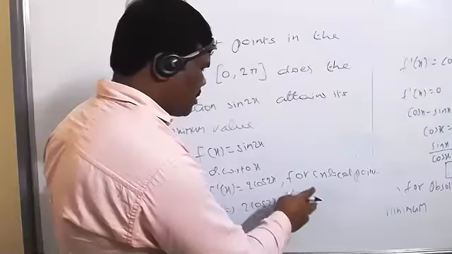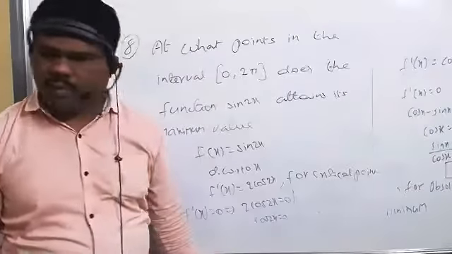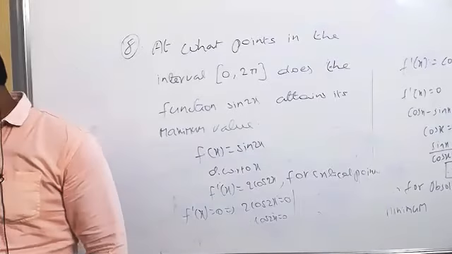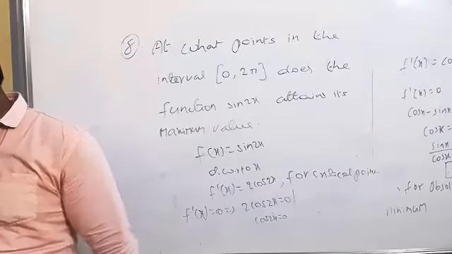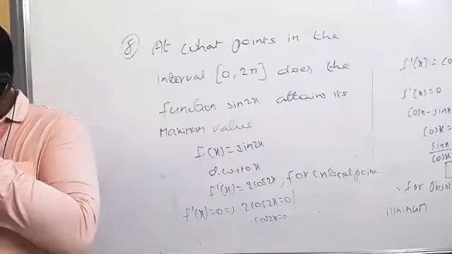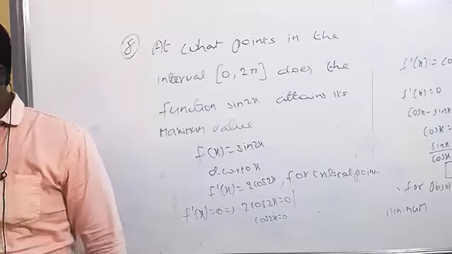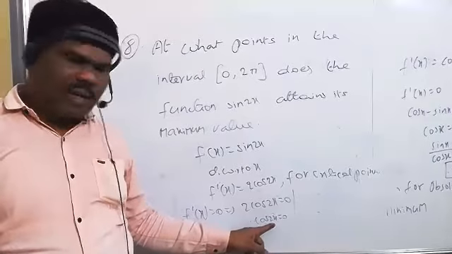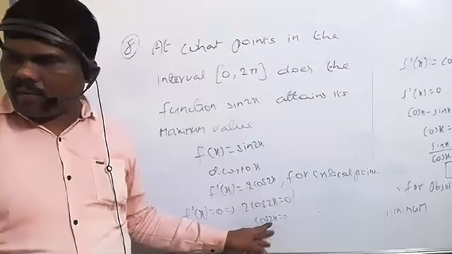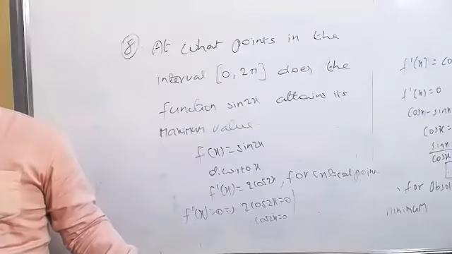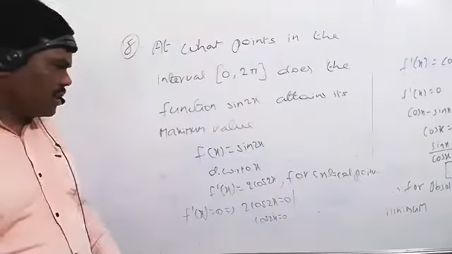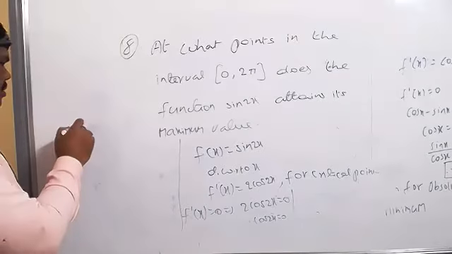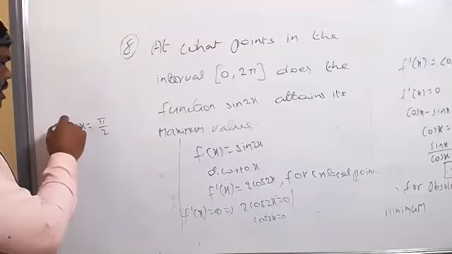Cos 2x equal to 0, so when are the possibilities? Please tell me, what are the positive values we will take? Clearly one value is cos 90 equal to 0. That means you can write one value as 2x equal to pi by 2, because cos 90 equal to 0.